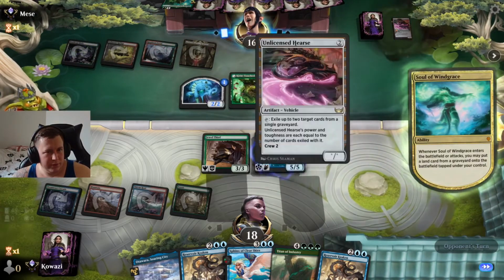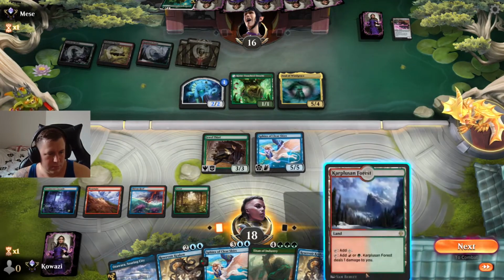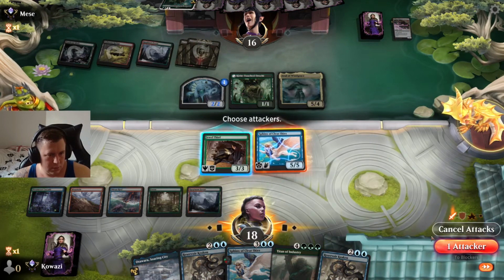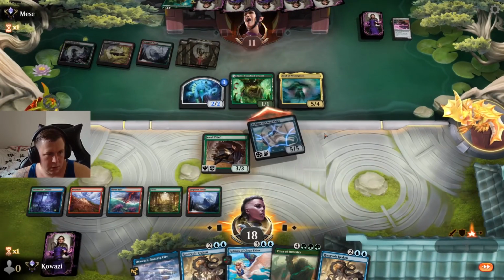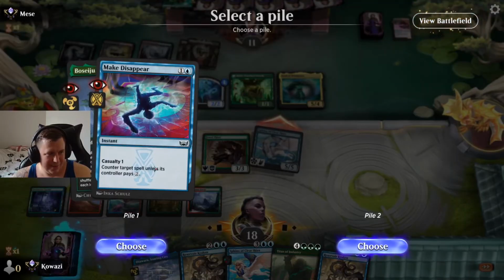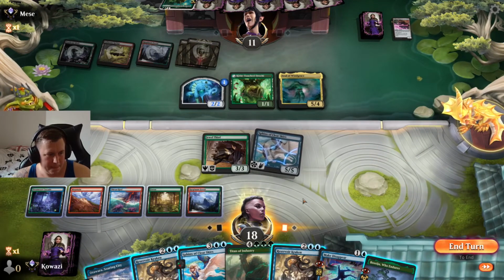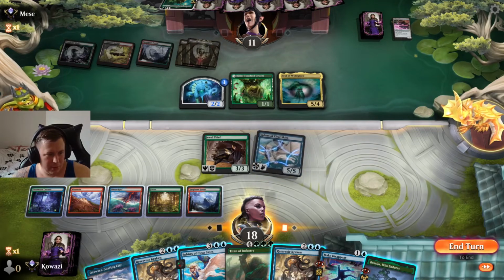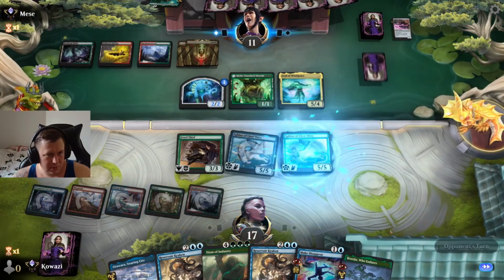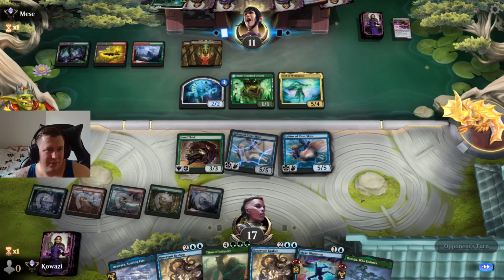The Soul of Windgrace. Yeah, you got plenty of lands to pull in. Yeah, let's just clear skies then. Make this appear, and they're giving me both. It's an interesting, interesting option. They're probably not running board wipes, right? I'll just keep sphinxing, I suppose, until there's any flying defense that occurs, or